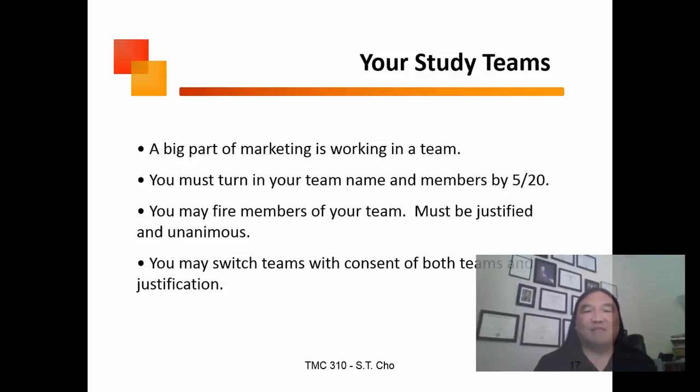Your study teams. The big thing about working in this study, working in marketing, is you have to work in a team. I will allow you to fire team members if you don't think they're participating or useful. That's probably not going to be a big case here, just because there's only one project you work on together